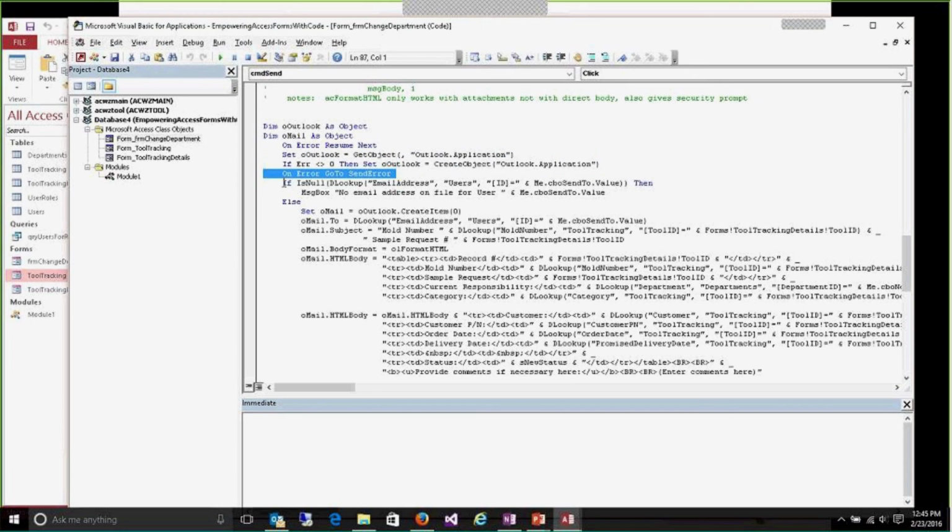And then I set my error trapping back, after I'm done with this little blurb, to go back to my actual error trapping, which is down at the bottom of the routine, so that I do trap further errors as opposed to resuming next all the time. So in this case,